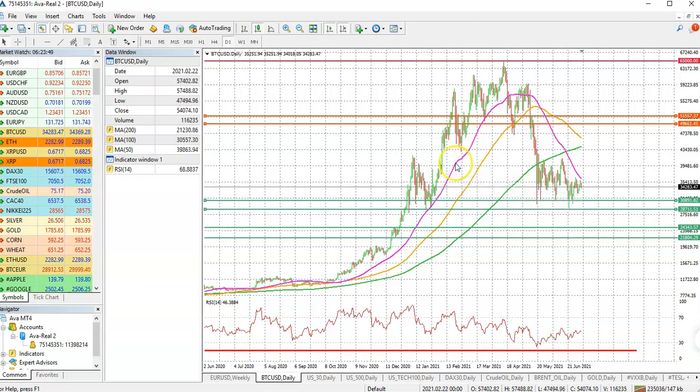The importance of these moving averages, as always, is that it tells you whether the price is bullish or bearish. And by that, what I mean is if the price continues to trade above these moving averages, we know that we are going to see more bulls in the market, meaning the price is going to stay more bullish. But when the price begins to fall below these moving averages, it is then that we see more bearish signals coming into the market.